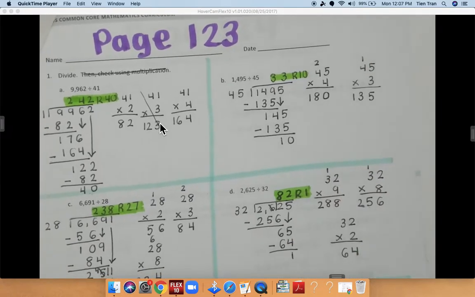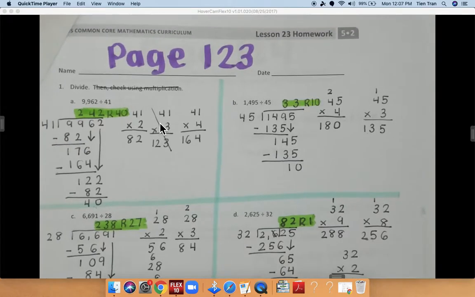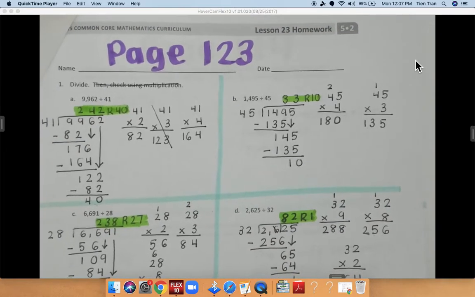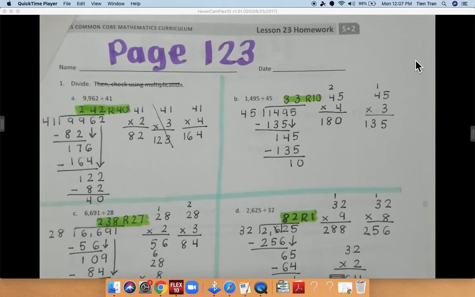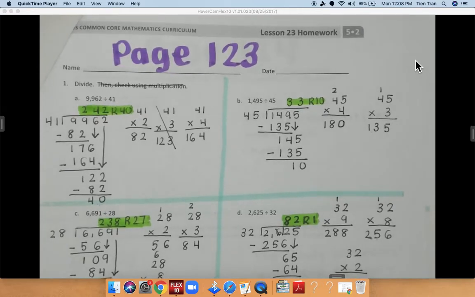We are on page 123. Make sure you're turning to the correct page. This is lesson 23 for homework. So the first question says to divide and then check using multiplication. Due to space, we will not be checking using multiplication, but definitely make sure you are dividing and finding the